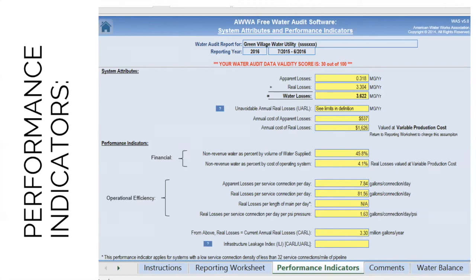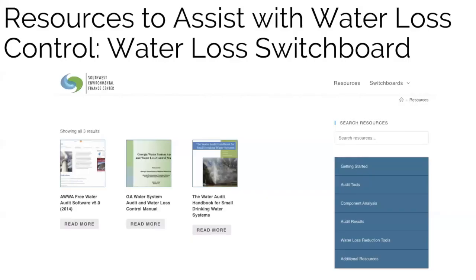The real loss operational efficiency metrics that are shown down here are based on system size and density. If you're large enough, your real losses will be normalized by service connection. If you are a less dense system, have fewer than 32 connections per mile, your real losses will be normalized by mile of main. As part of this program, you will get access to a variety of tools and resources